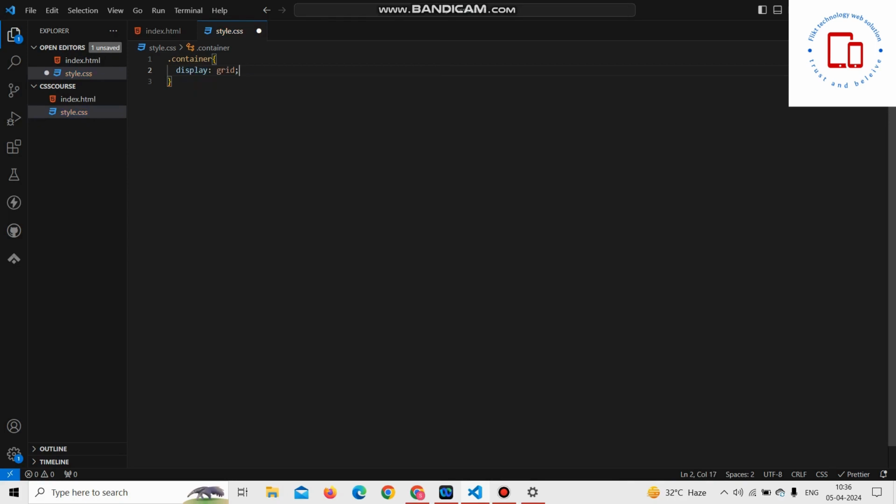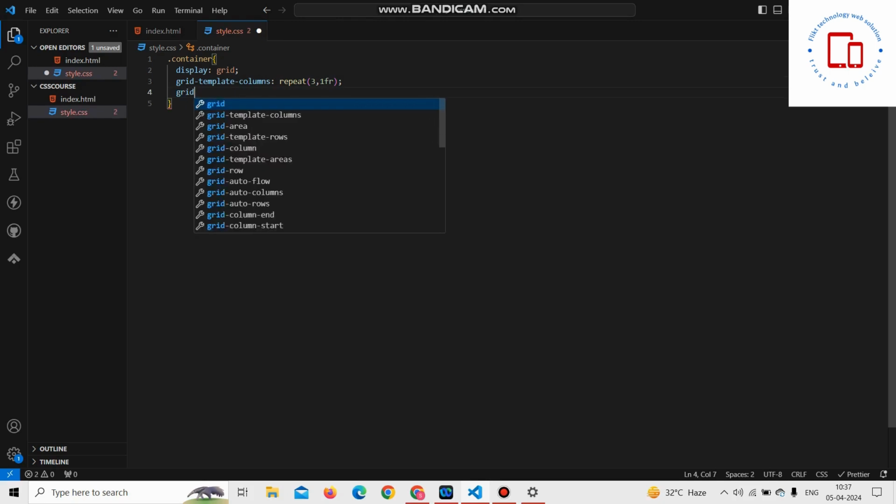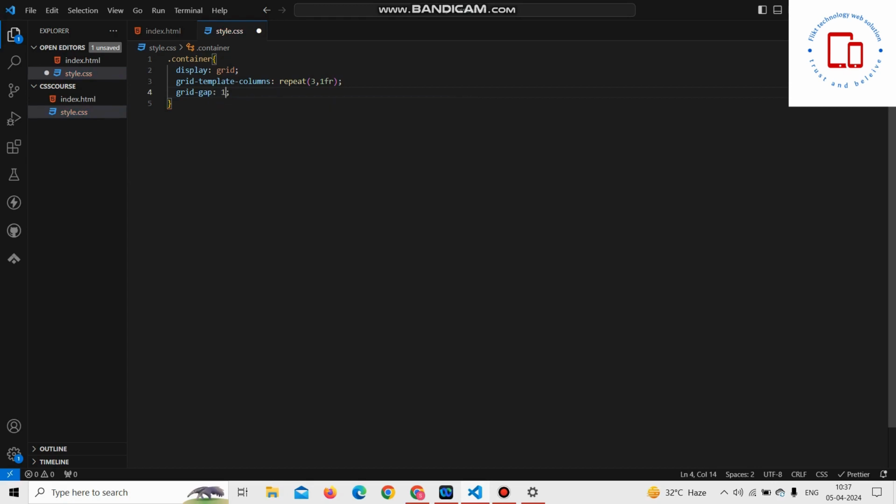Here I am going to use a display property grid, and I am going to separate this into 3 columns, grid template columns of repeat 3, 1fr, making this 3 columns with 1 fr, and I am going to give a grid gap of 10 pixels,